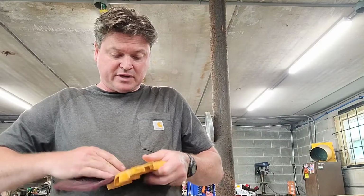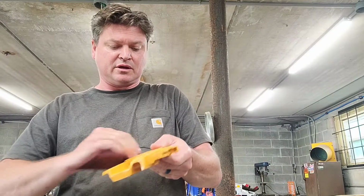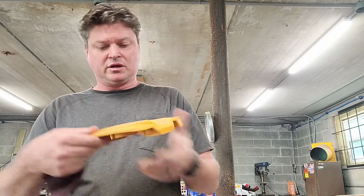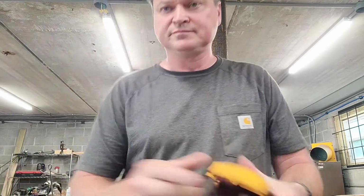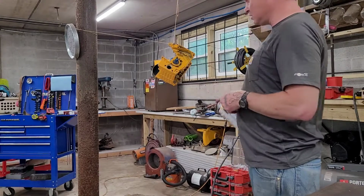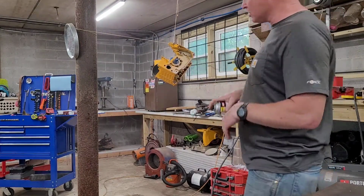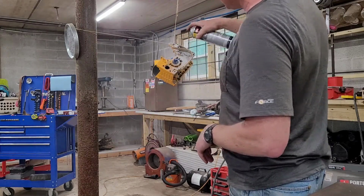This is me scuffing it. And then here shortly, I'll put down the primer and then move on to the color. You'll see that. So you see how I got this all hanging? It's all taped up real good. Anything that I don't want any paint on, of course, obviously. But